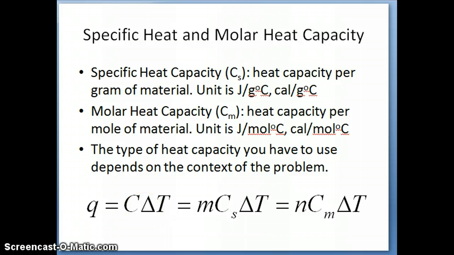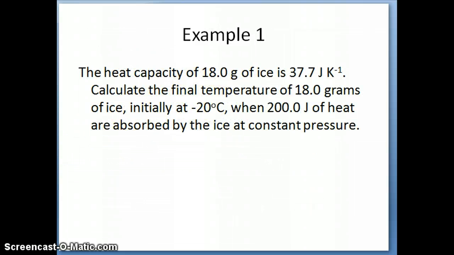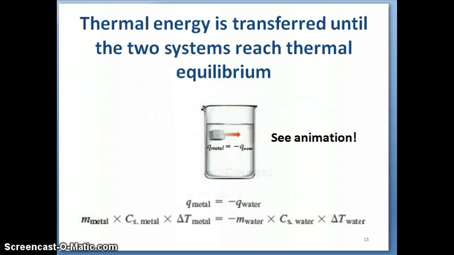In the example we did in the previous video, we talked about this idea of heat capacity times delta T, right, in example 1 that we did in the previous video, this example right here. Now we're going to do another example with specific heat capacity. And again, the idea here is the same concept that I mentioned in the very beginning, which is that if you have two systems,